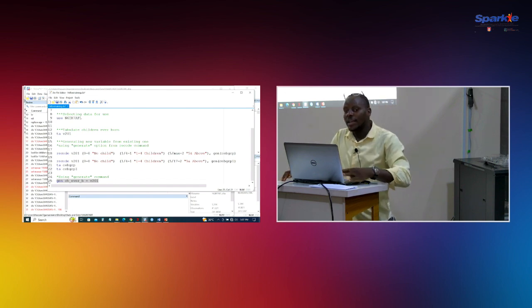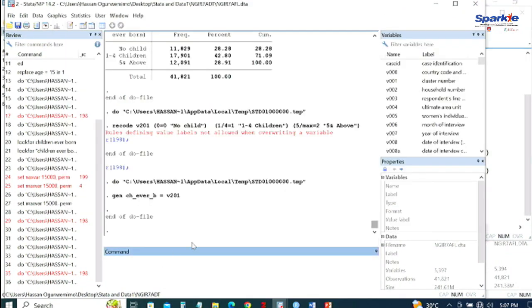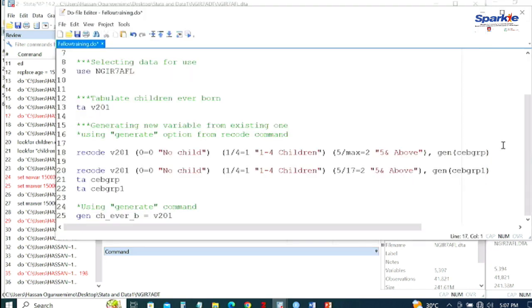Yes, like duplicating it. So if I run it like this, it will run and it will generate that variable. So if I want to do anything that might alter the data, I can just be working with the new variable and leave the original one. That's another approach to ensuring that your data or your variables are protected. So if I run this now,